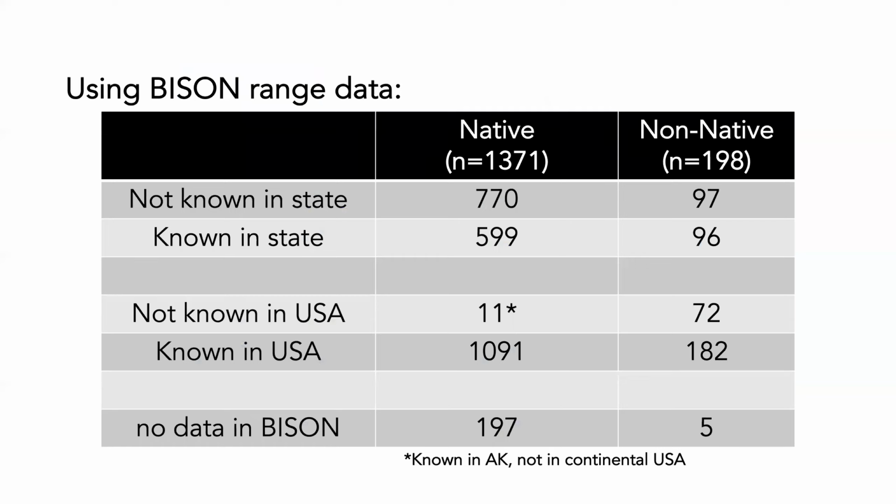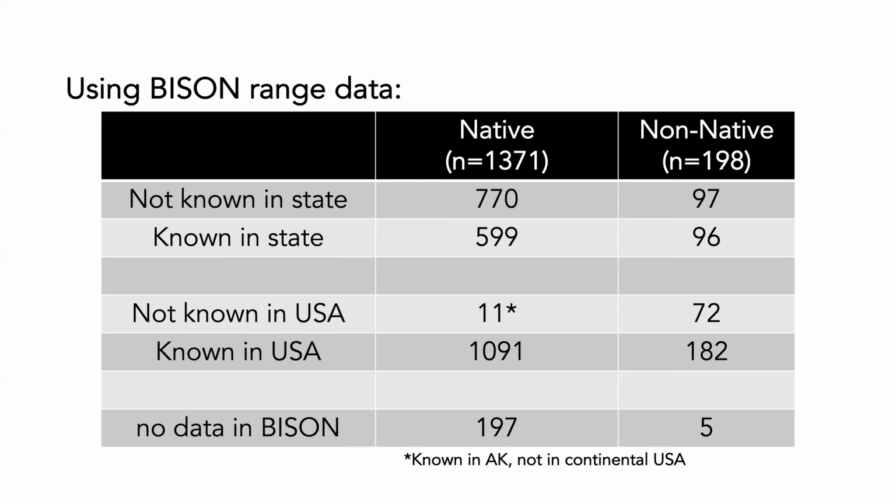Importantly, Cam has a graduate student named Sierra Smith, who, when I'm working with this data, I'm bundling it at a macro level and not getting into the nitty gritty. Sierra went through the data, not completely, but a lot of it. Using the Bison range data, she compared each row with what was known about those data. So for the native species, she looked at 1,371 different occurrences of a species by site within a state.